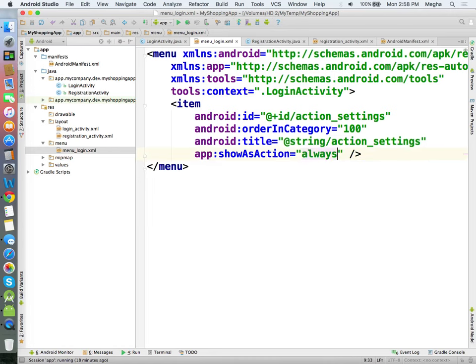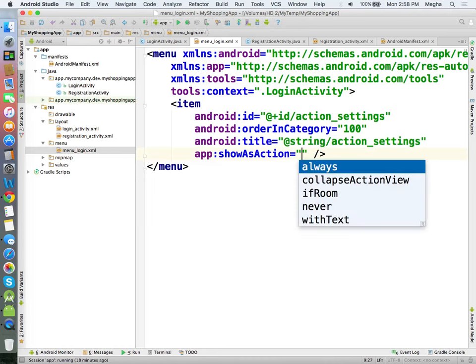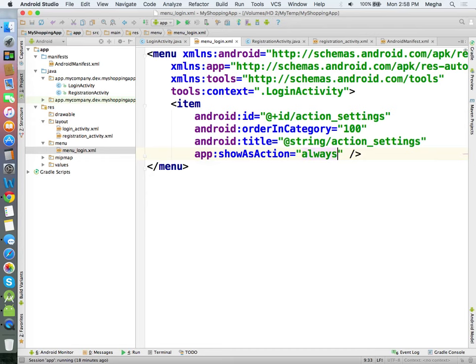If I put always, there are a couple of constants available. ifRoom, with text, collapse or something like that. I'm going to put always. Let's see what is happening.